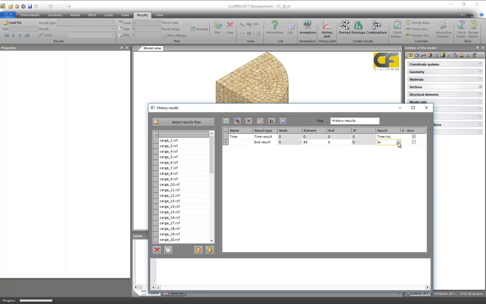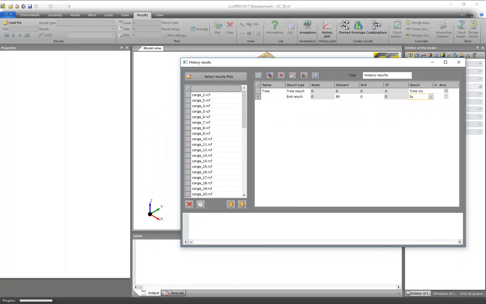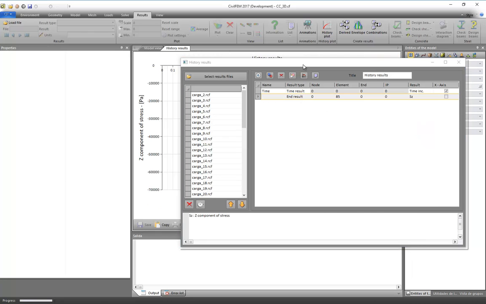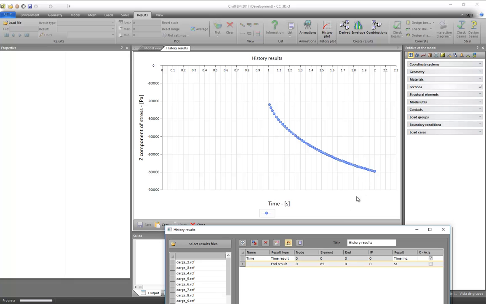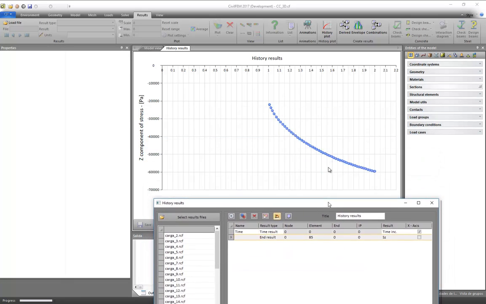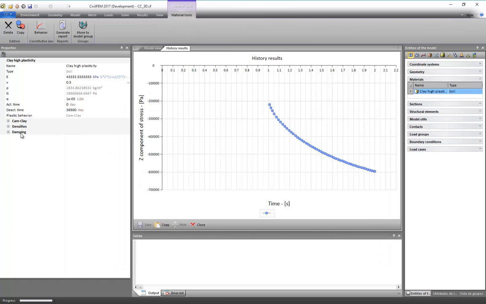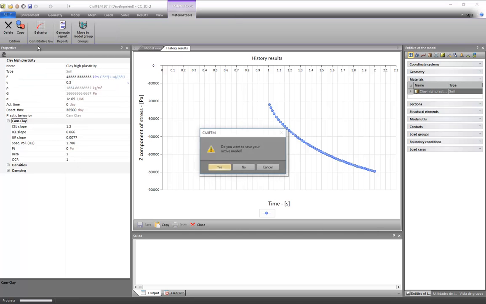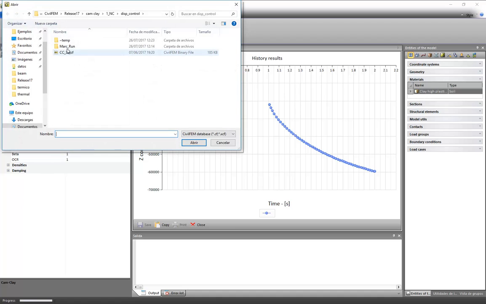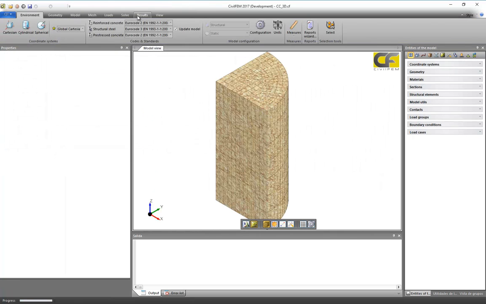And if we plot, for example, for this case that is overconsolidated, we plot vertical stresses, we can see we have this type of curve. If we just open another example in this model, we can see that the overconsolidation ratio is equal to 1. If we select the same model but with overconsolidation equal to 2,